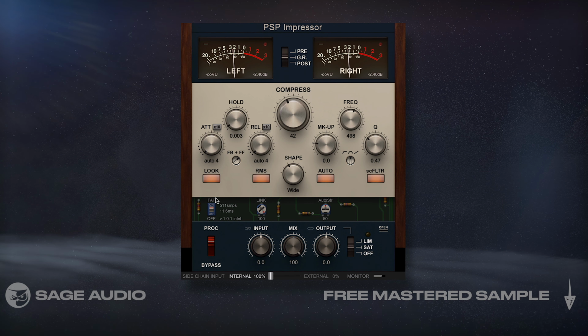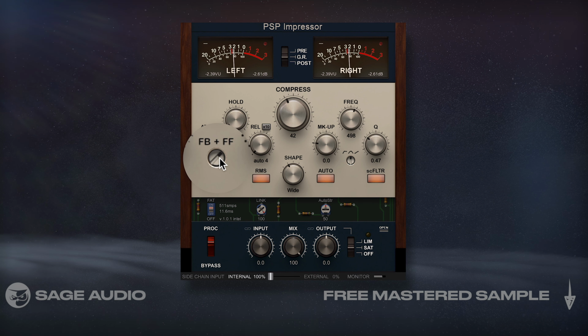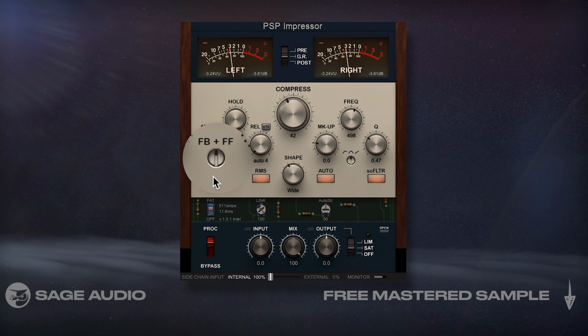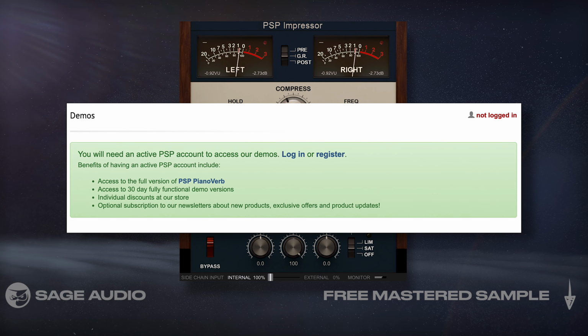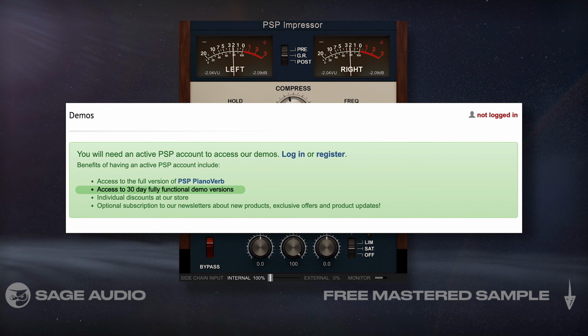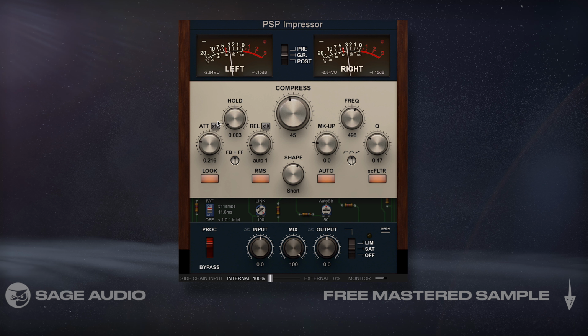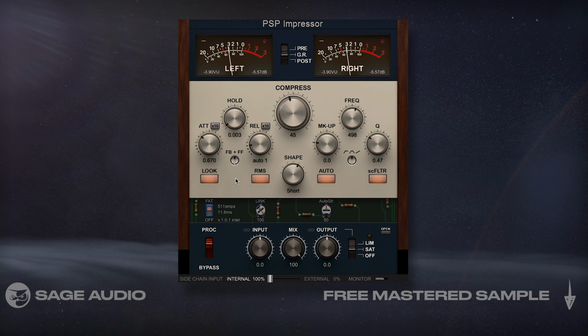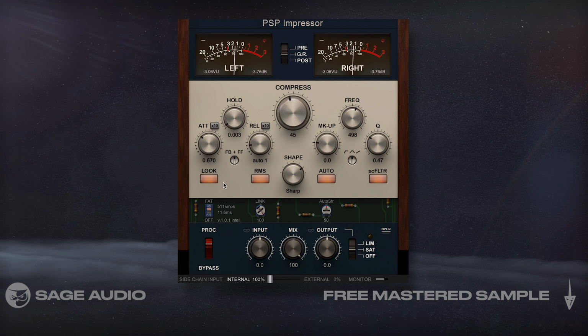Oversampling keeps aliasing distortion at a minimum, and we can choose between feedback, feed forward, or a combination of the two. The demo is fully functional and it lasts for 30 days, so let's take a listen to the processor attenuating our mix and notice how the sound is full, complex, and comes incredibly close to the sound of analog